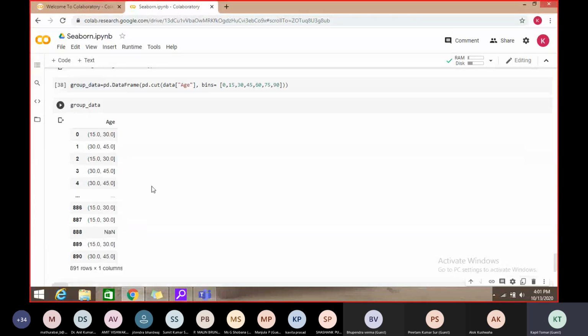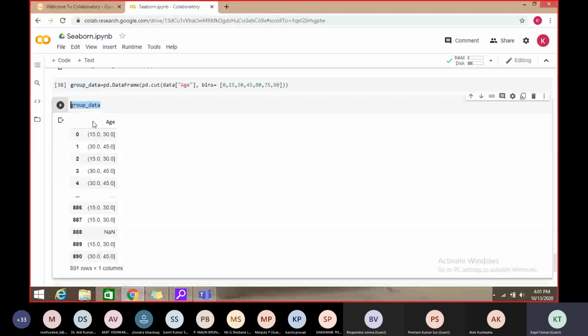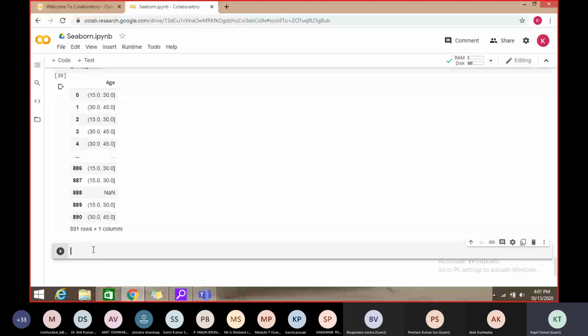So we want to represent the same age group data which contains 891 rows with the help of a bar graph. Then we will draw the bar graph on that particular data.